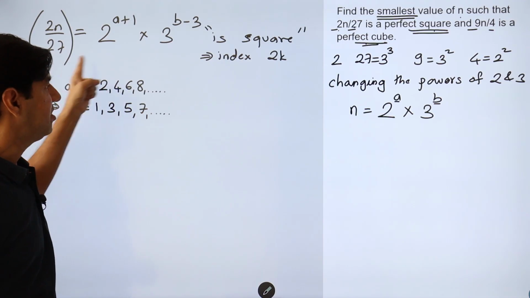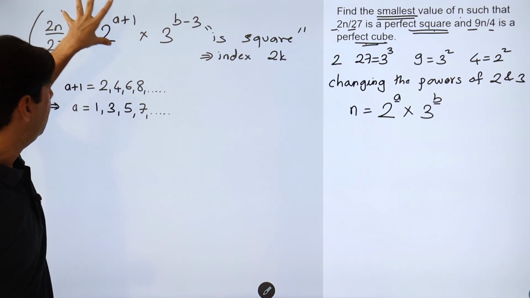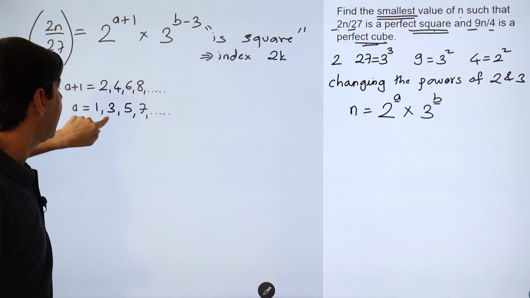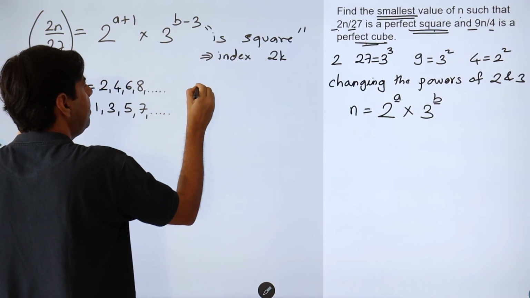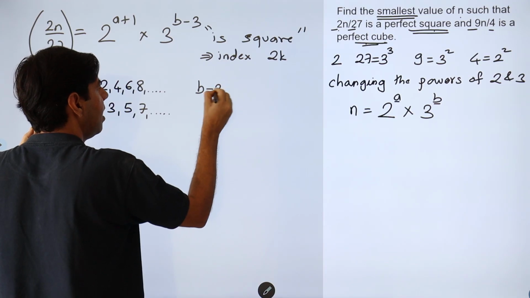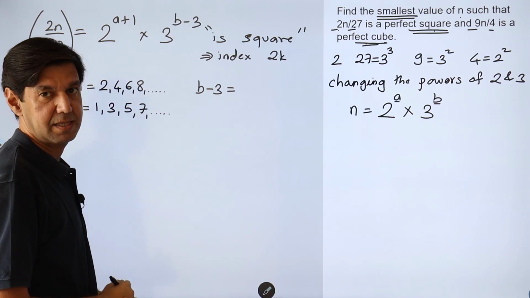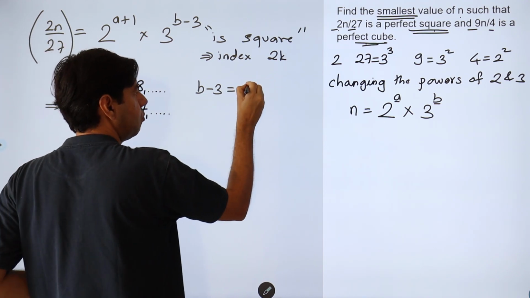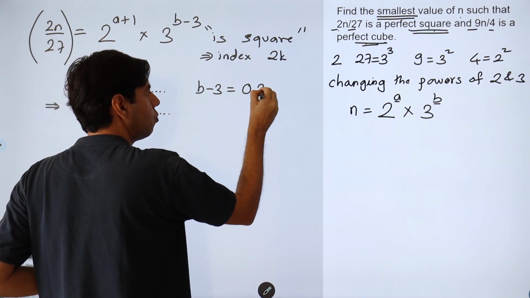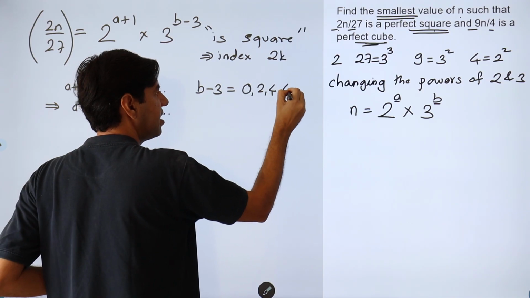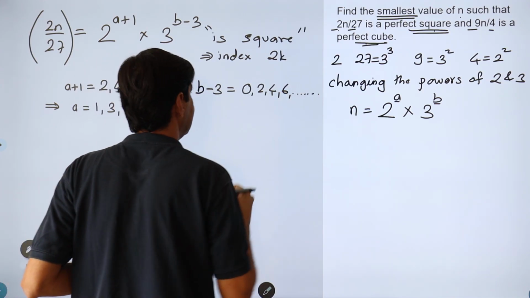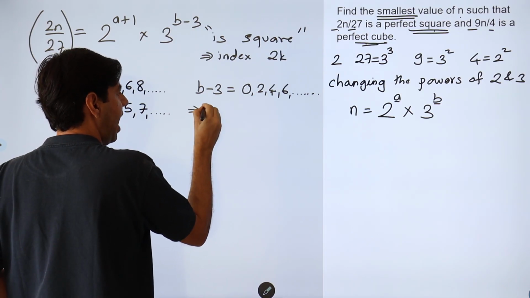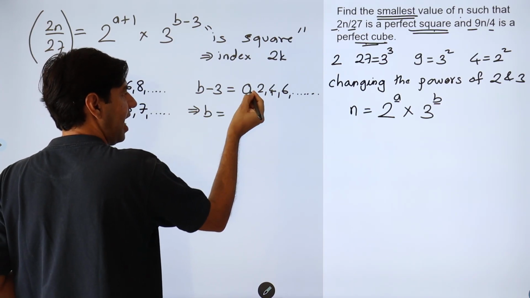So for this condition to be valid, 2 raised to a plus 1 should be a part of a square. A can be any odd number. Similarly, b minus 3. So we are subtracting a 3. So it could also end up as 0. So this could be a 0 or a 2 or a 4 or a 6 or so on, any larger multiple of 2. And which tells me that the acceptable values of b is